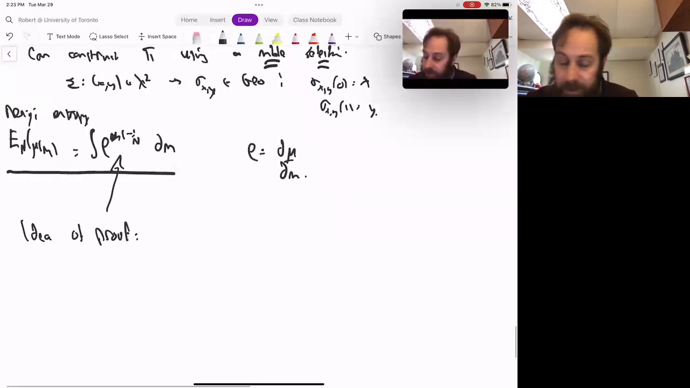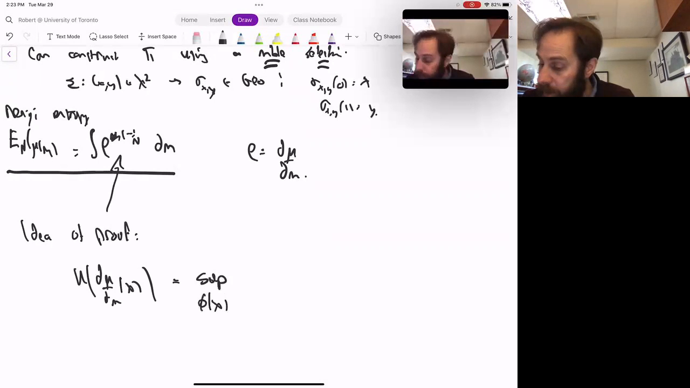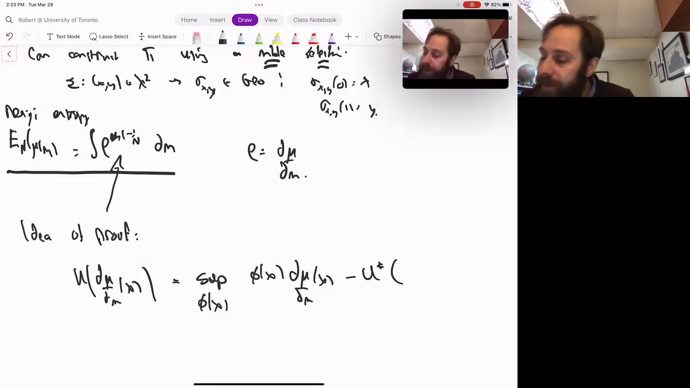Well, what does it mean to be a Legendre transform? One thing it means is that u of d mu dm is the supremum over values of phi, phi times d mu dm, and minus the Legendre transform. Because, okay, so